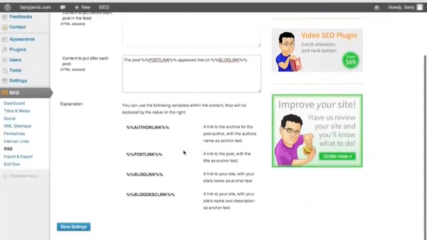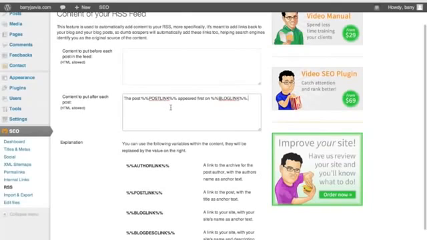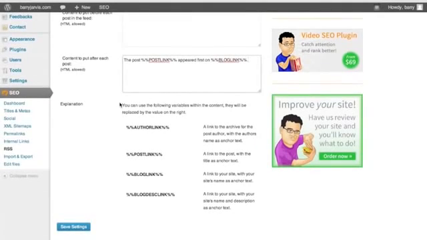Okay, so we've got our tags here, post link, which is a link to your post, and then blog link, a link to your site. You can manually change that if you want. Now that is content after each post, or you can put it before each post in the feed. You can also use HTML here as well. So that's quite neat. If you find that your content is getting used elsewhere, you can redirect their visitors to your site. It's not an automatic redirect, but you can prompt them to say, hey, look over